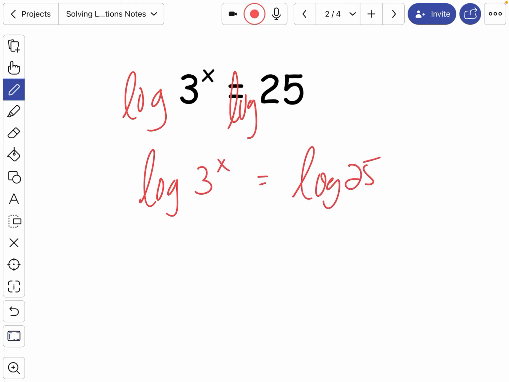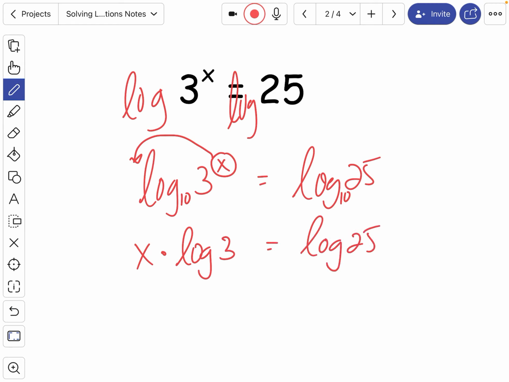And when I say log, it's assumed that it's base 10. That's what our calculator is, base 10. And you don't have to write the 10 there if you don't want to. Then, one of the tricks we learned is if you are taking the log of something and it has an exponent, that exponent can get pulled out in front. So we have x times log of 3 equals log of 25. That's the whole reason we use logs, because the only way to solve when x is in the exponent is using logarithms. All right, so then I'm going to divide by log of 3 on both sides,